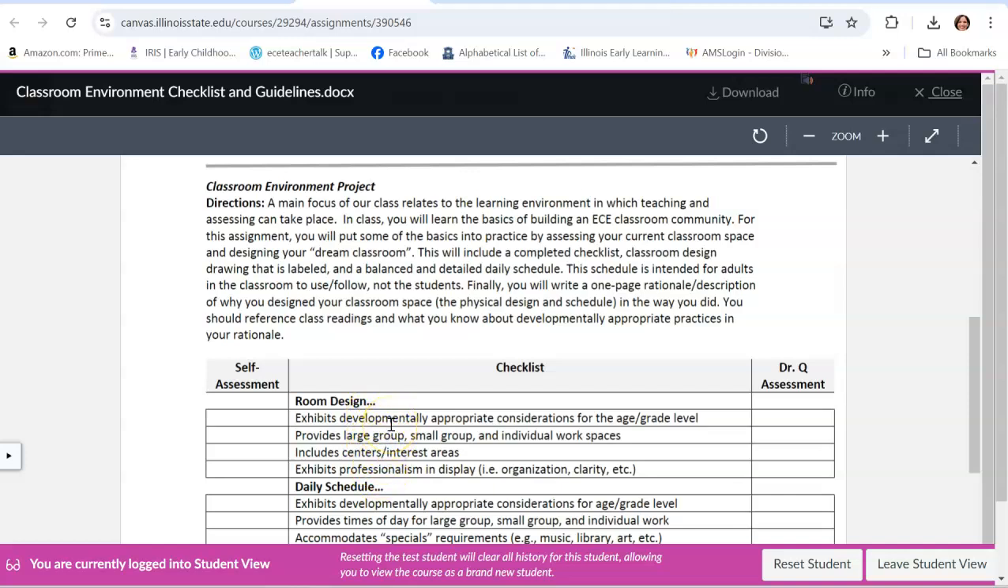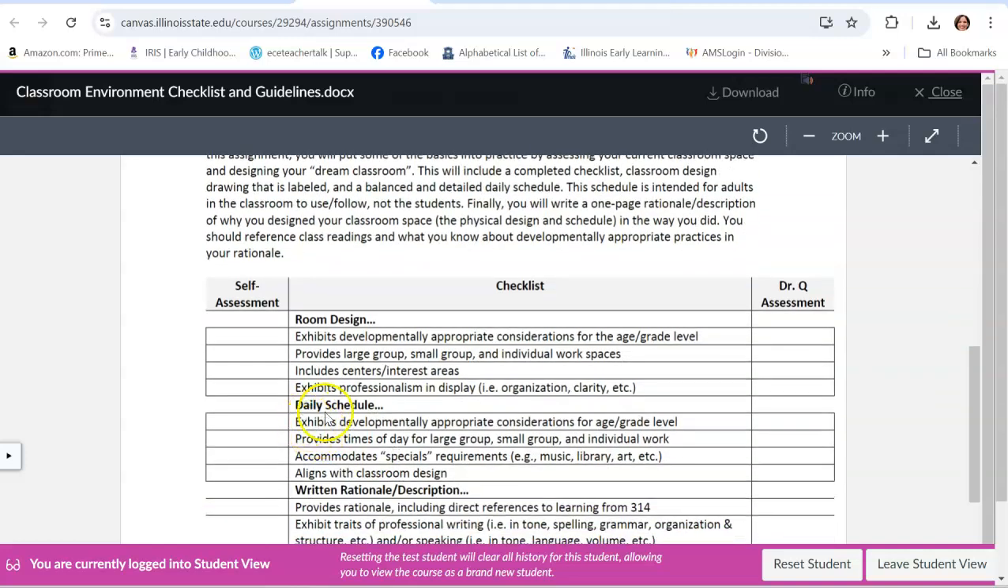You'll actually be sketching out your classroom design. You can do this by hand. You can do this with computer programs if you want to. It's completely up to you. If you do it by hand and you sketch it out, you would just need to somehow get that scanned or take a picture of it to submit for this assignment. You will also be developing a daily